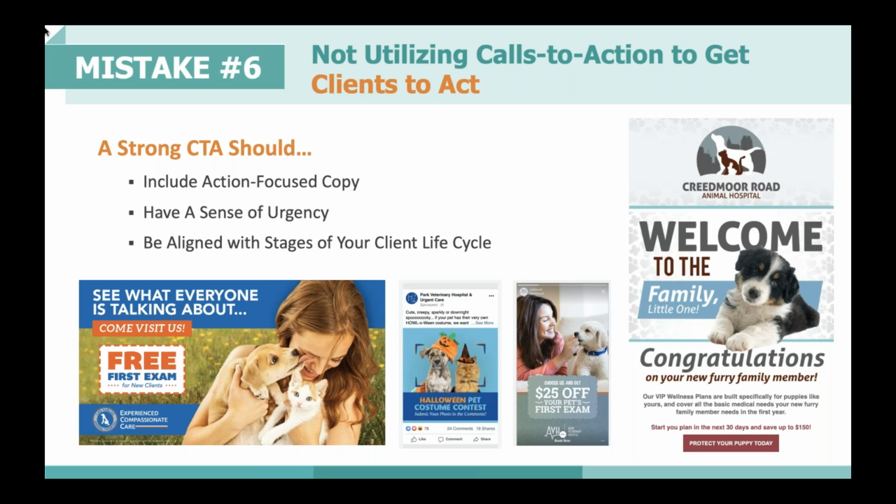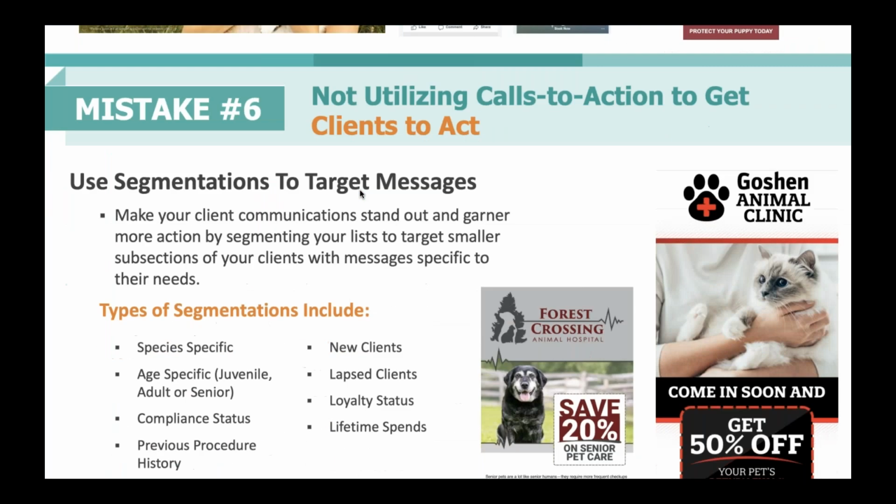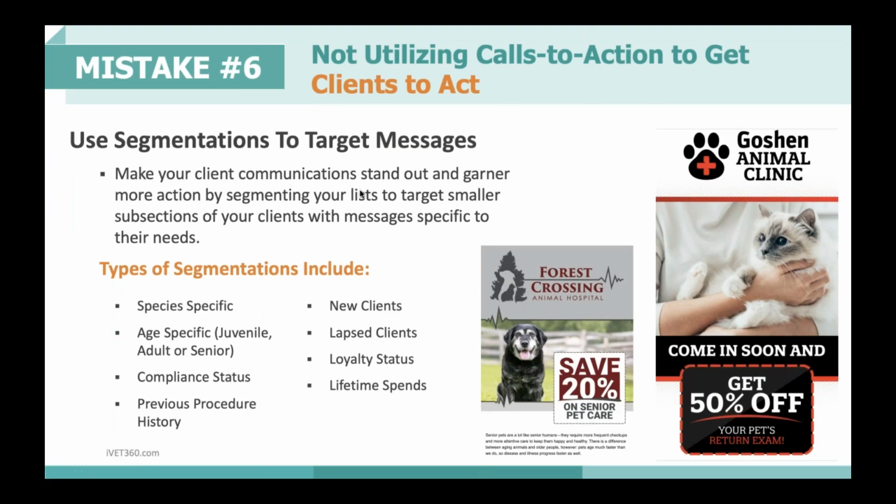For clients at later stages in the cycle with your practice, calls to action for signing up for a wellness plan, purchasing flea and tick medication in bulk to receive discounts, bonus loyalty points for compliance. Those are calls to action that are more important for later stages of the client life cycle. You can also get even deeper into this, and you can use segmentation to target your messages to make your communication stand out and garner even more action